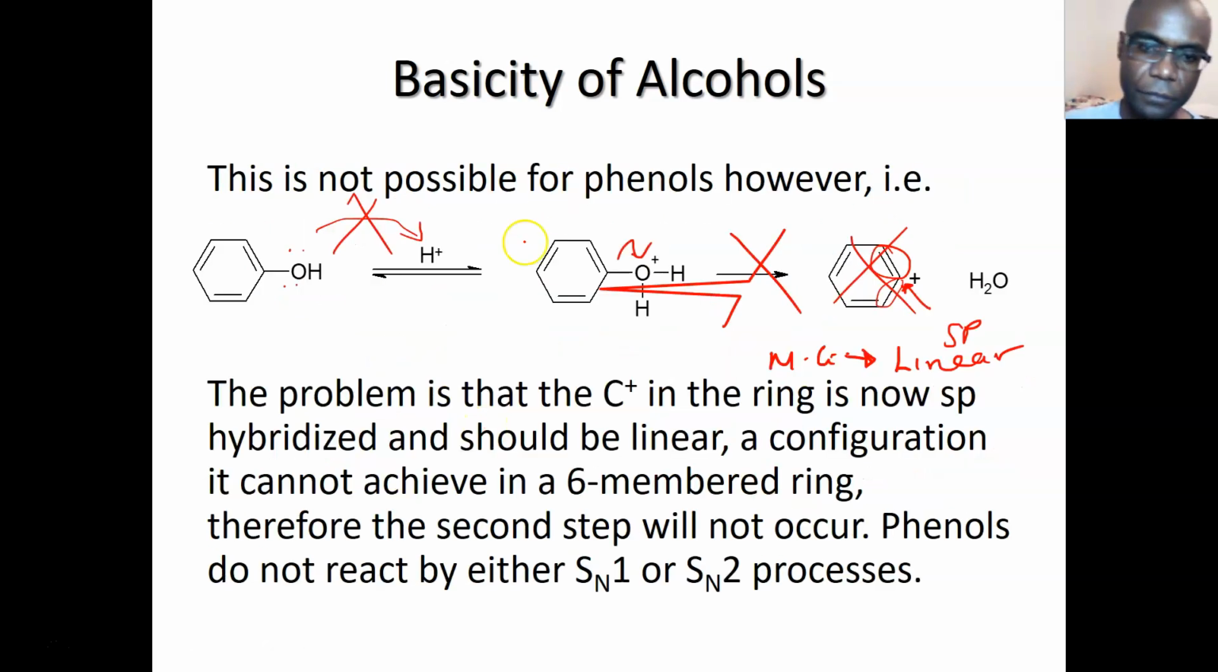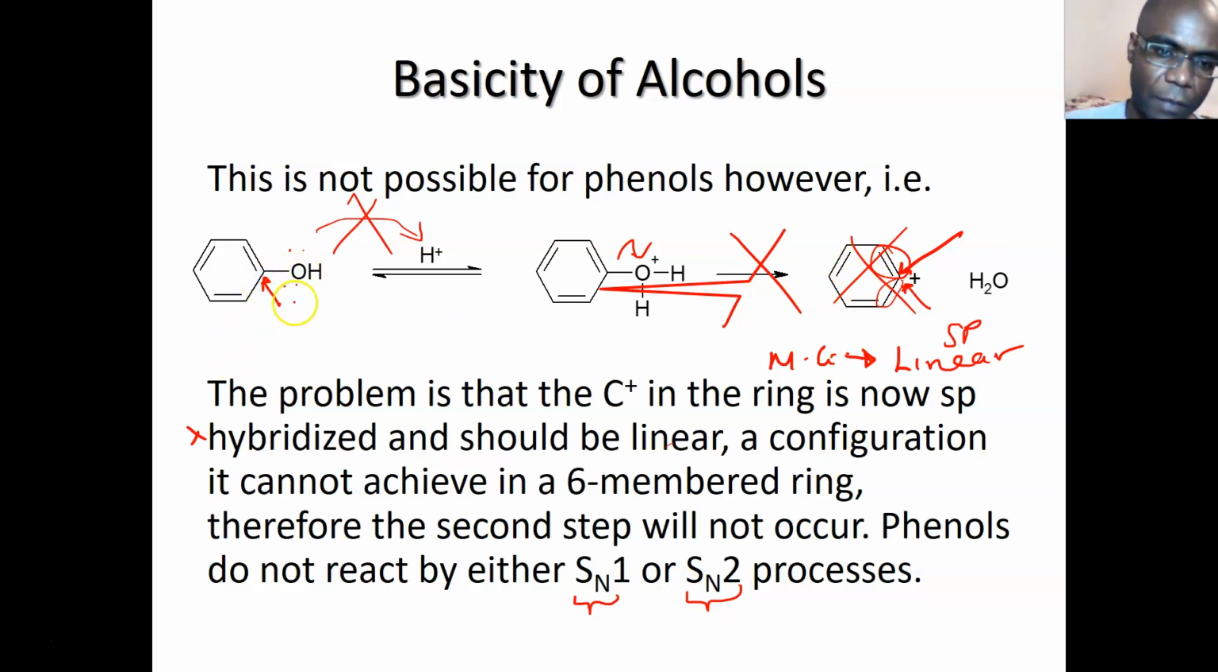Because now that would have forced the carbocation to be linear. Obviously it's not, therefore it will not do it. And that's for the same reason that phenols do not do SN1, because SN1 will lead to formation of such a carbocation, which is not linear evidently, and SN2 will not happen again, because this carbon right here